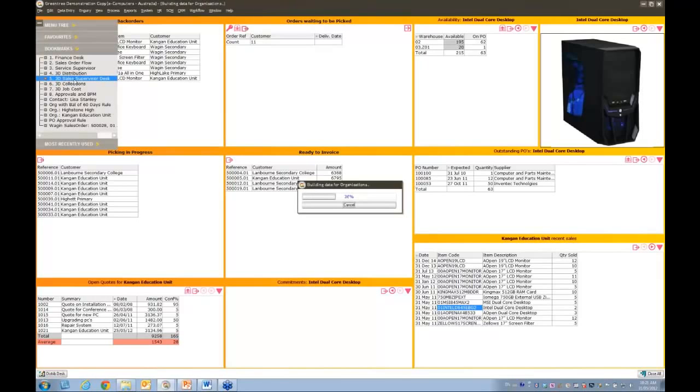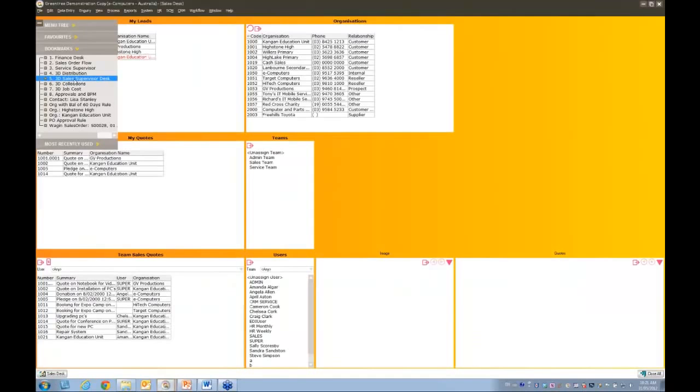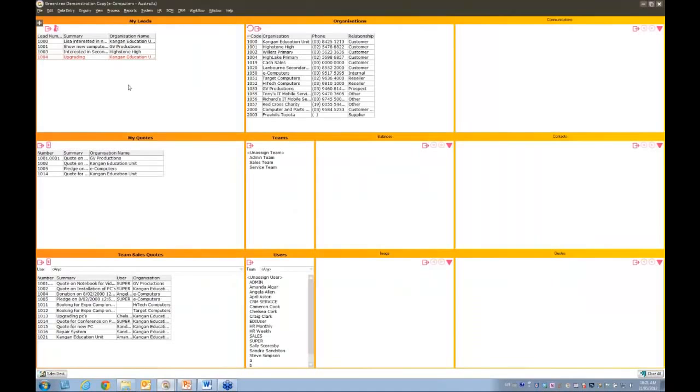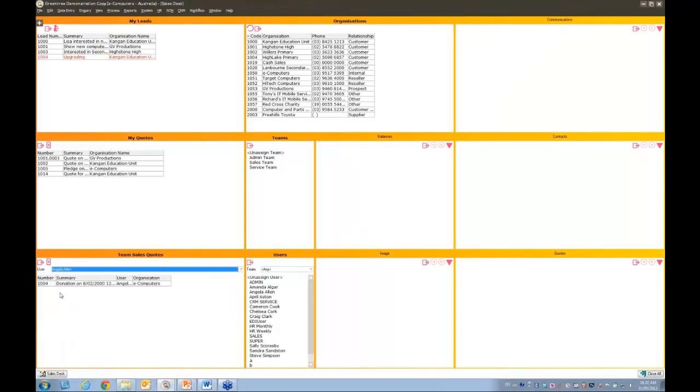What I'm going to look at next is, imagine you're a sales supervisor, and a desktop for you might be your current leads, your open quotes, so quotes that you're dealing with right now. You might have a list of your team's quotes because you're in charge of a sales team. Now you may want to refilter that. You might want to see what Amanda's working on right now or what Angela's working on right now. Now you can see here Angela's only actually got one quote in her name at the moment, and